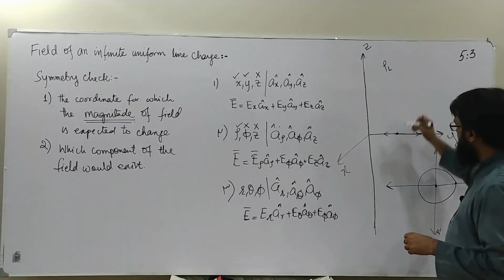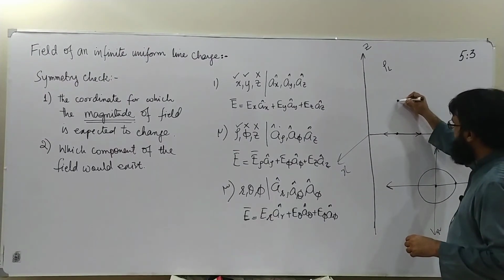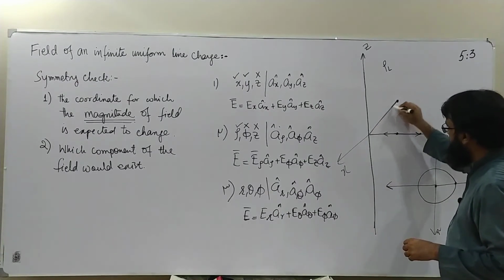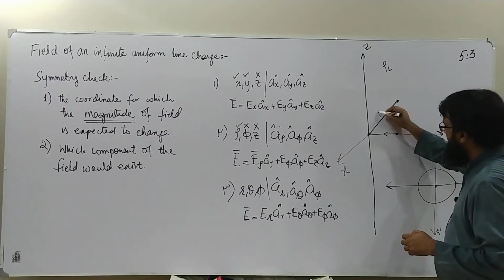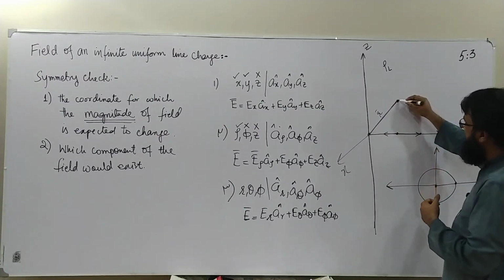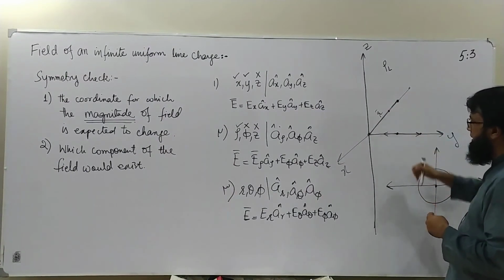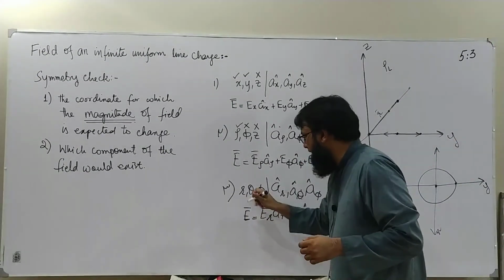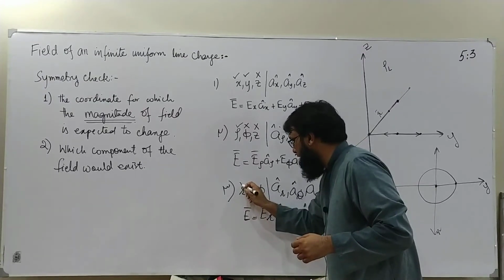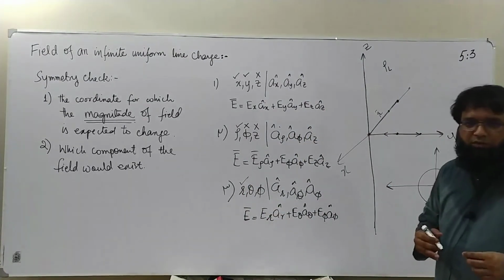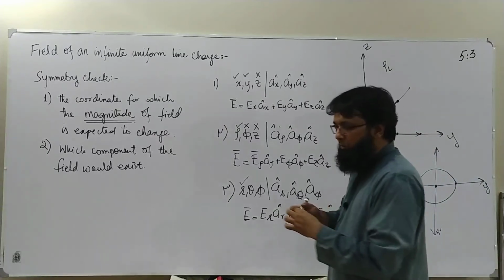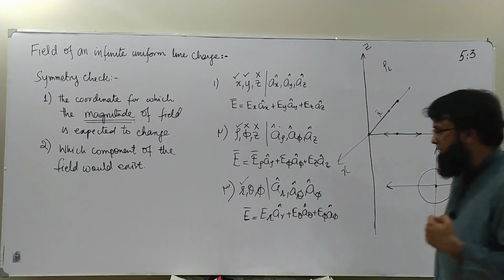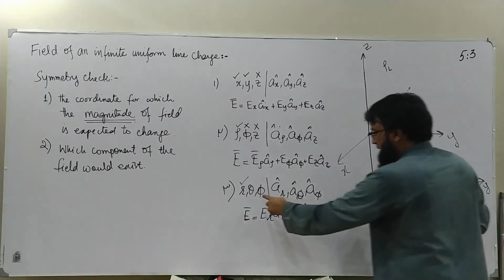If I am at this point, or this point, what is r? R is the distance of this point from the origin. So if I change r, I either move in this direction or this direction. It means I am going towards the source or away from the source. So obviously changing r will bring me closer to or farther from the source, meaning that the magnitude of the field is expected to change. If I come close to the tube light or go far from it, obviously I will feel the intensity of that light more or less. Similarly,